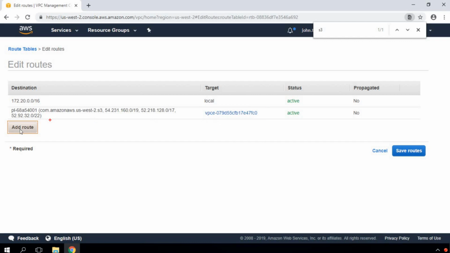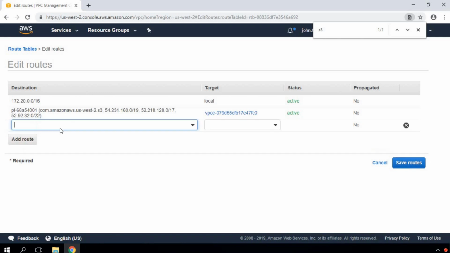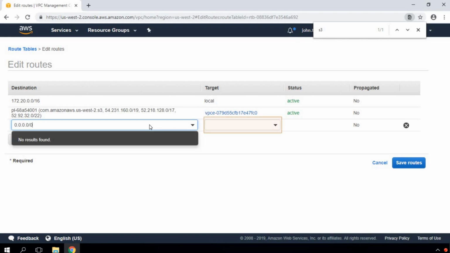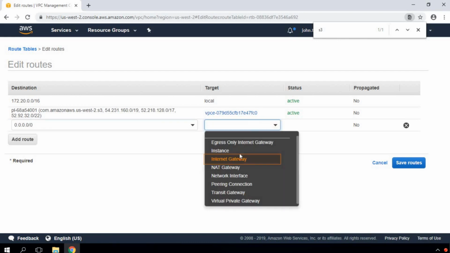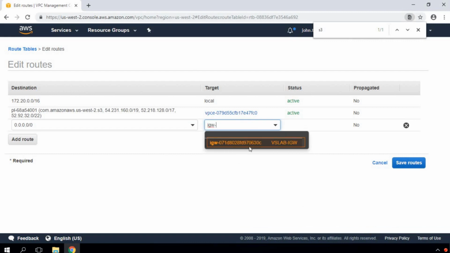And lastly, if traffic is not being routed between the AWS subnets or workloads, or to the S3 endpoint, the rest of the traffic is default traffic, which should be pointed out. So just select the default route, and all that default traffic should go to the IGW.